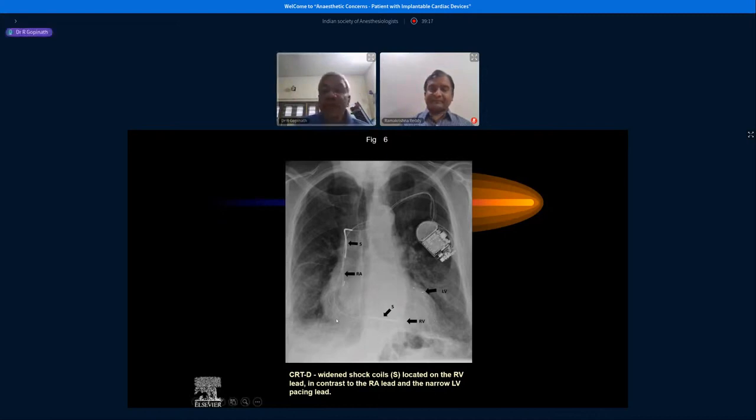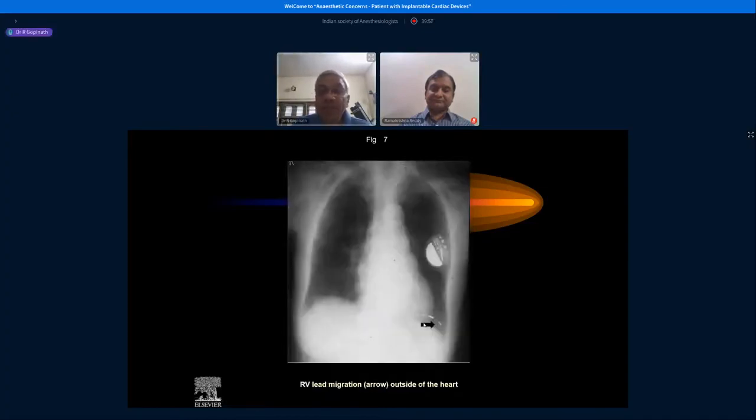So this is basically a device which is a cardiac resynchronization therapy defibrillator. So you see two shock coils placed in the right ventricle and somewhere in the SVC-RA junction. You have one more in the right atrial lead, the fourth one in the left ventricular coronary sinus. So this is basically a defibrillator, so cardiac resynchronization therapy. So obviously we know now that this patient will have or is prone to malignant dysrhythmias like repeated VT and VF. So these patients could also be on multiple antiarrhythmic drugs also.